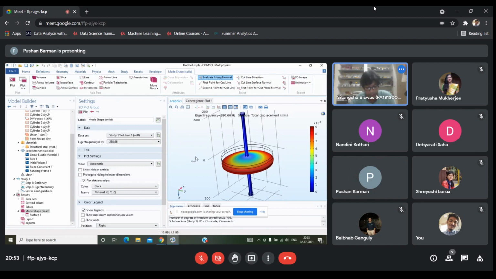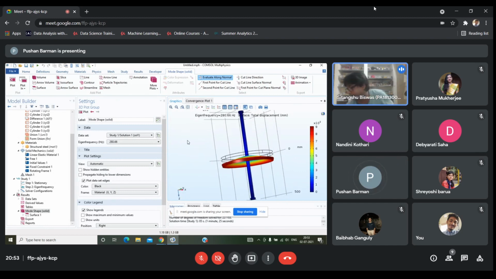So this is the simulation procedure, how to find out the natural frequency of a rotating impeller or rotating flywheel. So this is the thing. Your assignment is, whatever problem we have, it was not completed, that graph whatever I have shown, that will come exactly. So all of you should do that graph and show me.